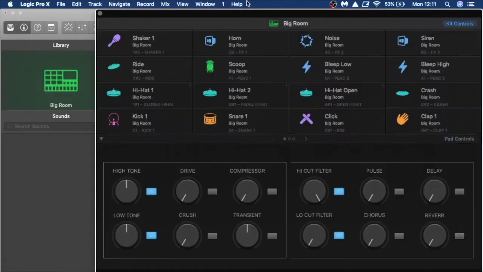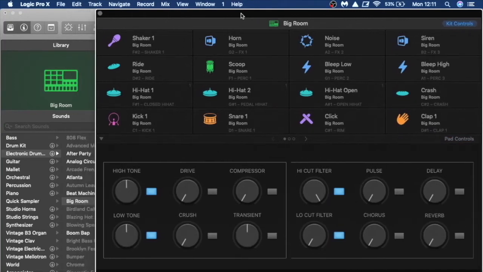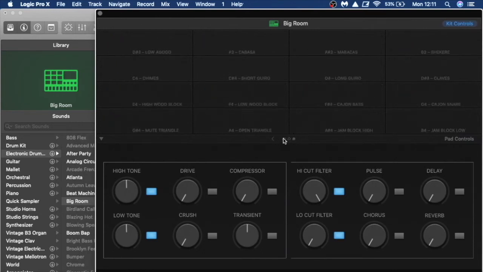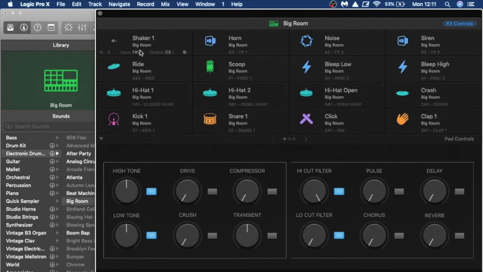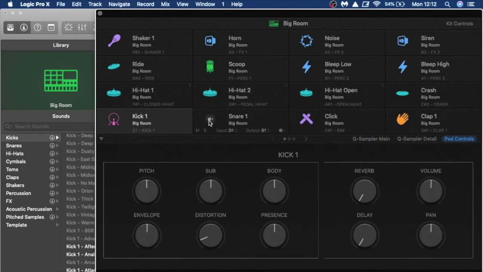Now, Drum Machine Designer is based with a typical kind of sampler view with 16 pads. In fact, there's more pads if you look at some of the subscreens that we've got, but we're going to concentrate on these first 16. It's vaguely split into two areas: the pads at the top and basically your control center down below. So the control center, the pad controls for each instrument,